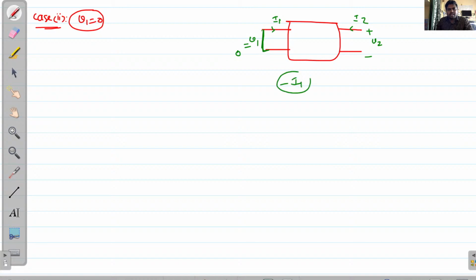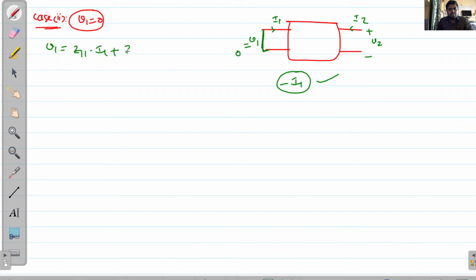So V1 equals, this is our 2-port network. Okay, wait a second, this is V1 and this one is I1, this is V2 and this one is I2, but this time I will make V1 equals 0. This will become 0, that means this is short circuited, and this time we will consider minus I1 amount of current. Already we know the expressions, that is V1 equals what?